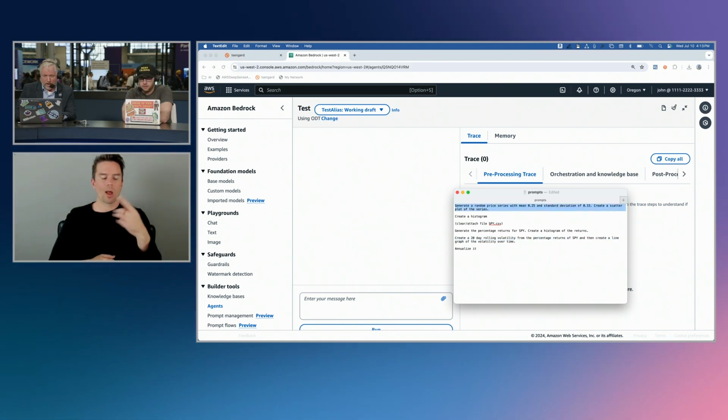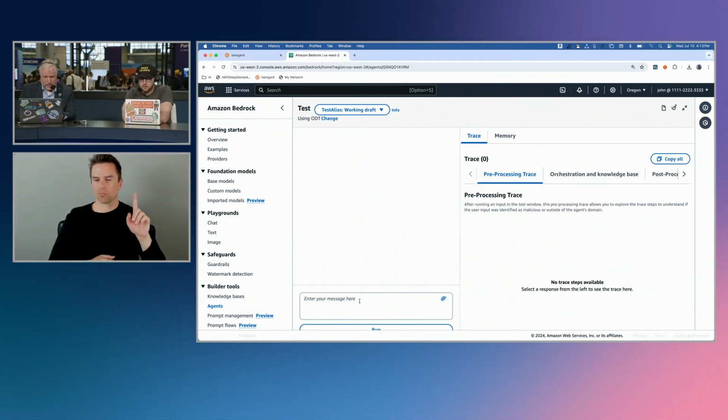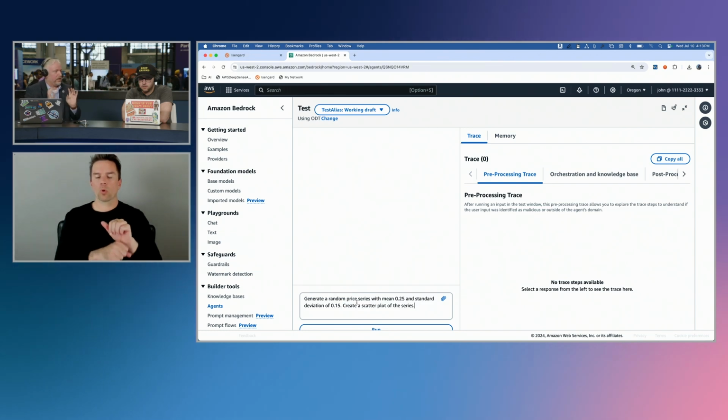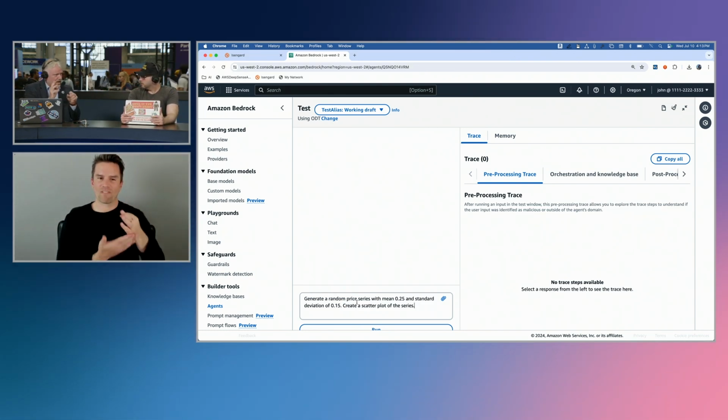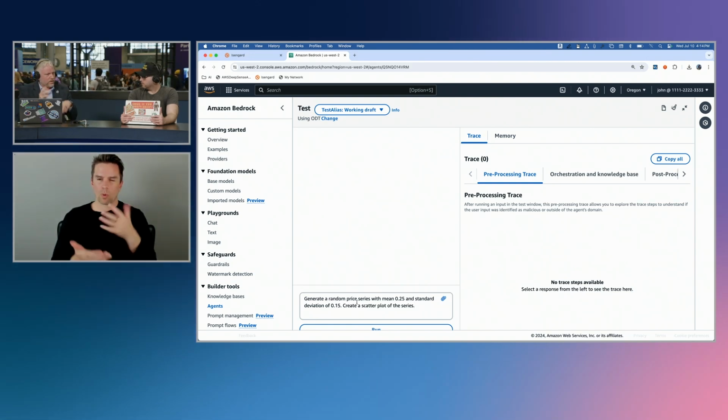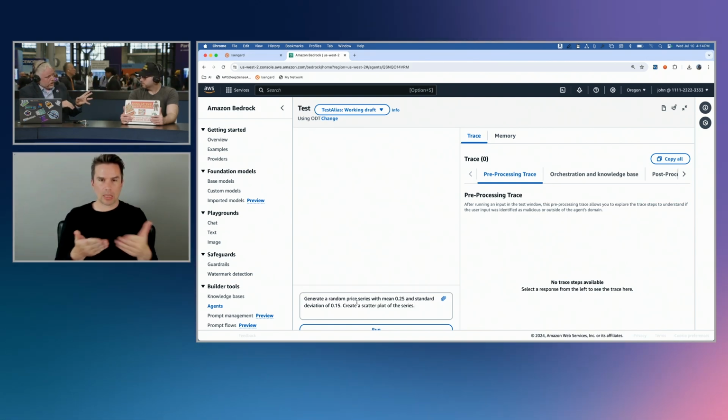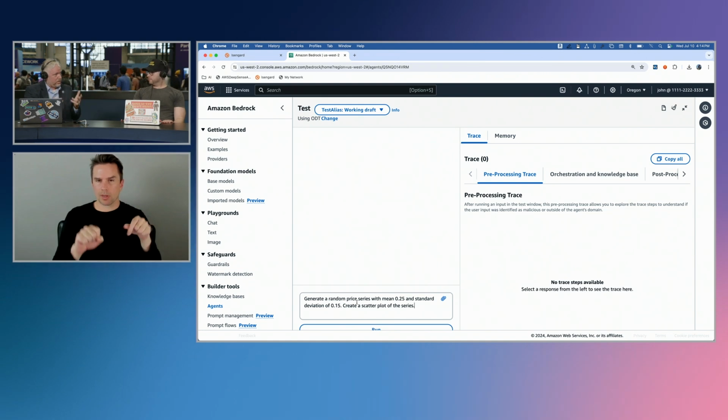I worked on Wall Street in the hedge fund world, and we used to generate random data all the time. Because we want to maybe study a particular phenomenon or say, what's the probability we would have achieved this type of return? Is this random chance or not? So we generate a random price series.